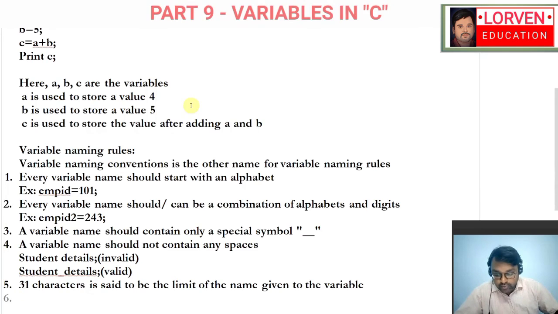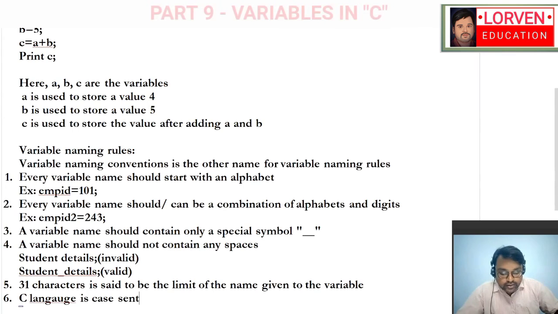Now we will talk about the sixth point. C language is case sensitive. That means the capital letter and the small letter have different meanings, and both are different.